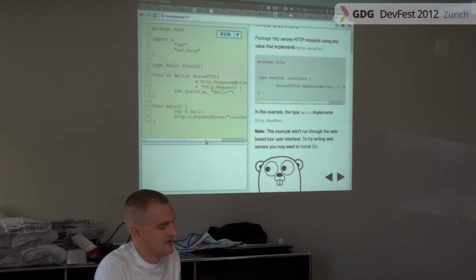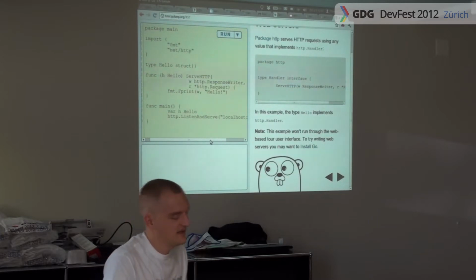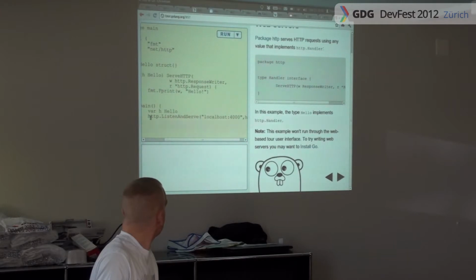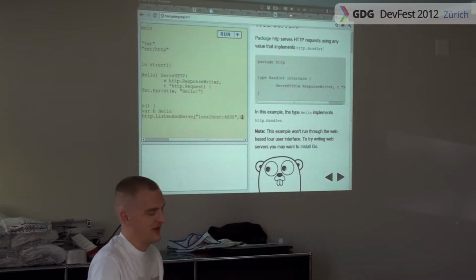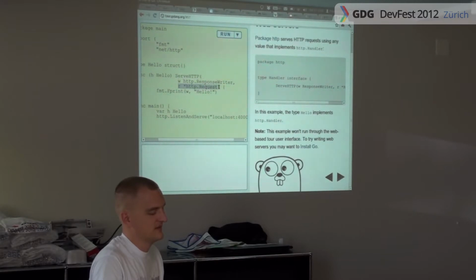Okay, this is worth taking a few seconds to show. Go has a built-in HTTP package which is amazingly easy to use and pretty fast. Say import net/http, and then you say http.ListenAndServe, and you give it a function. You know, functions are first-class values. You give it a function that takes a response writer and a request, and there you have your first web